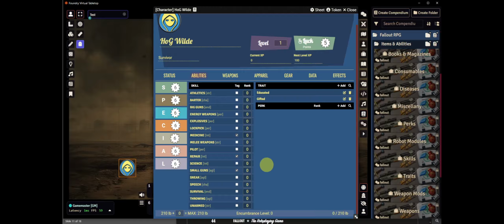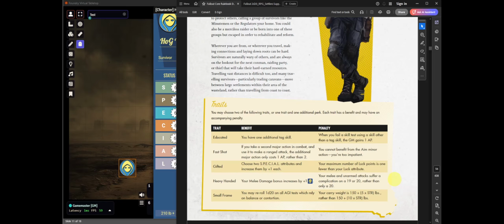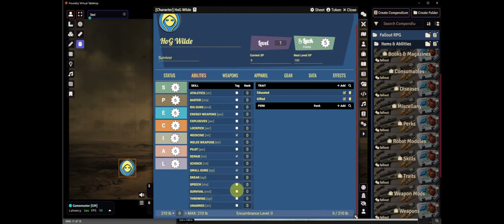Because this fella has survived out in the wasteland by taking care of himself, taking care of his guns, and taking out the enemy for his entire life. I'm also going to revisit those traits I chose on page 56, 5, 6 with my origin, and I'm going to go ahead and look at educated. Based on this, I can choose 1 additional tag skill or checkbox, and I'm going to go ahead and take that one as survival